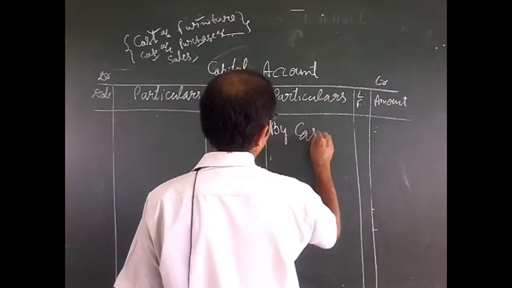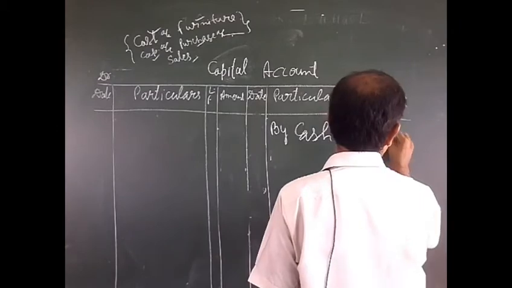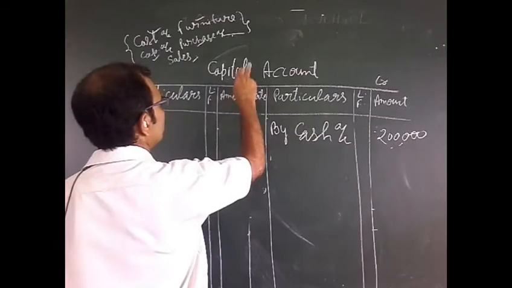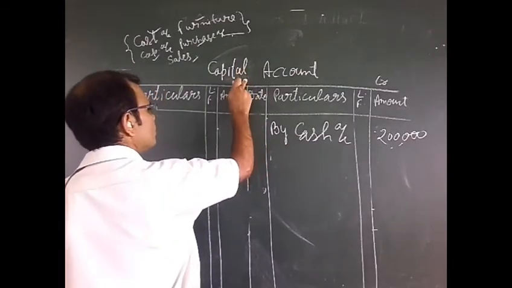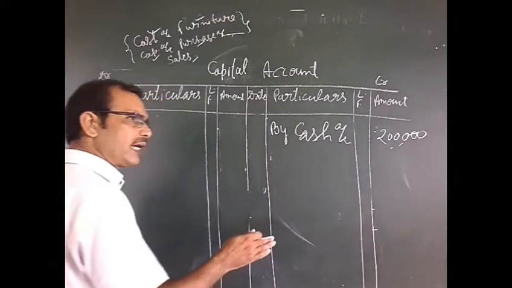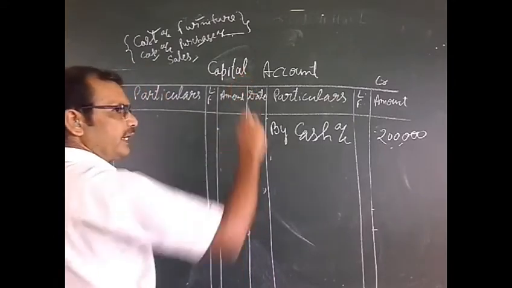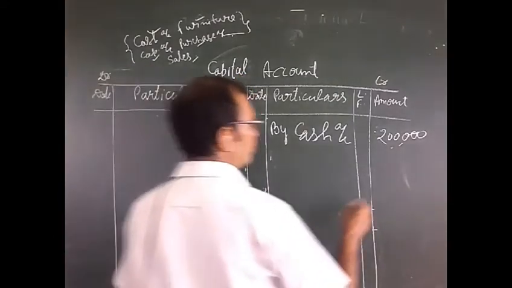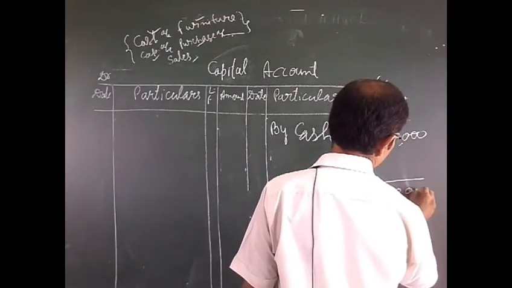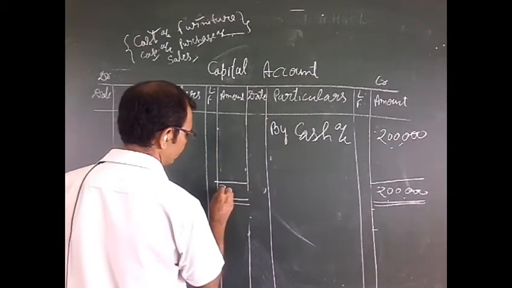by cash account, and amount was of 2 lakh. In capital account you cannot write capital account, so you will write other name, and other name was cash account, and cash account was written in debit side, so we will write in credit side, and you will not find capital in any other entry, so we will take balance. Here is 2 lakh, and in this side there is 0, so we will write the same 2 lakh,